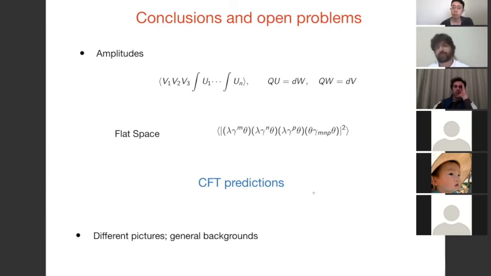So it's possible using this result to get more general expressions. And then in flat space, one way to derive the prescription is to add the so-called non-minimal pure spinor variables. Then it's possible to show that for closed strings, you multiply these three vertex operators and you have to read off some specific combinations of thetas and lambdas. So in AdS,